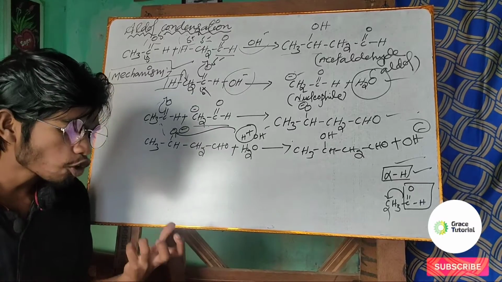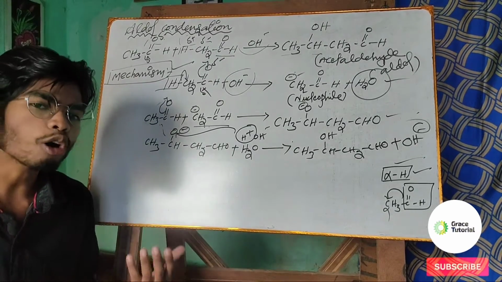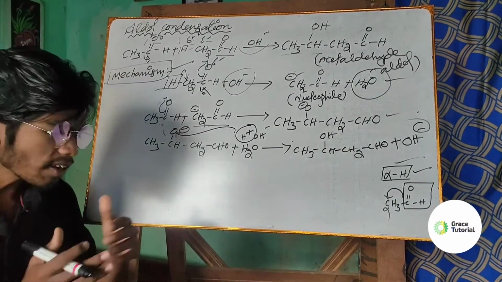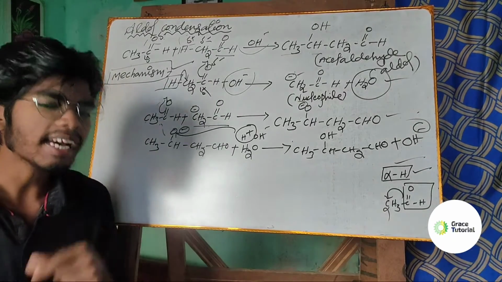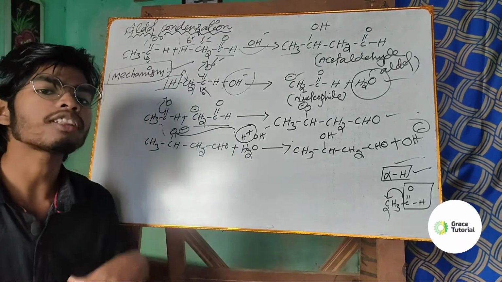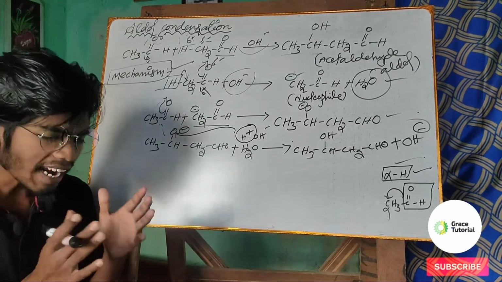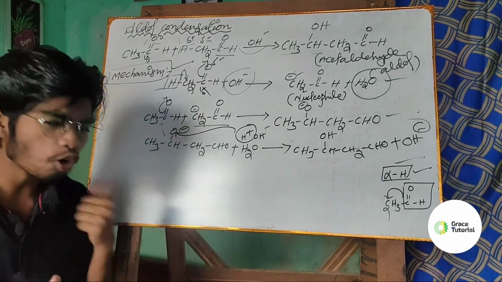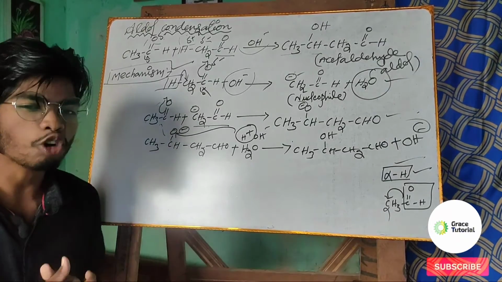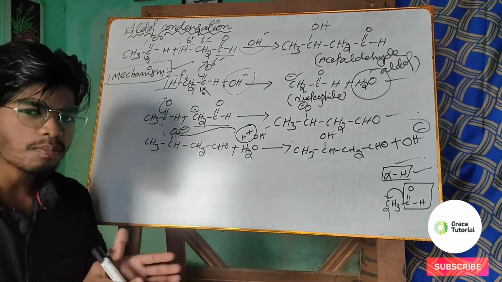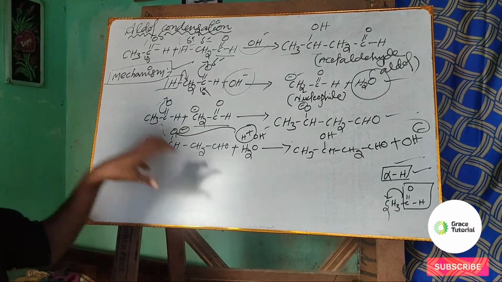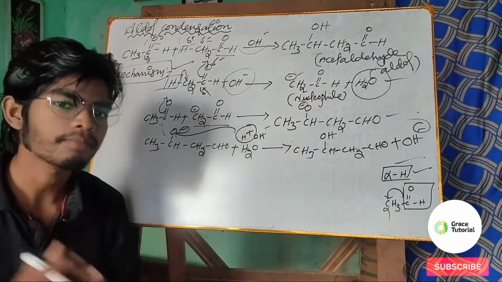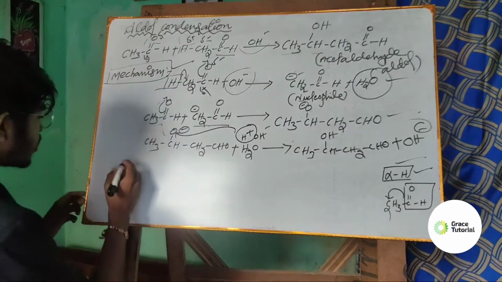That means a mixture of the aldehydes as well as the ketones react together, having at least one alpha hydrogen atom, in the presence of dilute alkali such as sodium hydroxide or barium hydroxide. The products which are obtained are known as beta hydroxyaldehydes or beta hydroxyketones. Since the product contains both the aldehyde as well as the alcohol group, that's why this reaction is called aldol condensation. Let me react